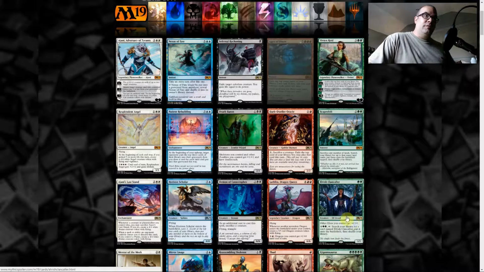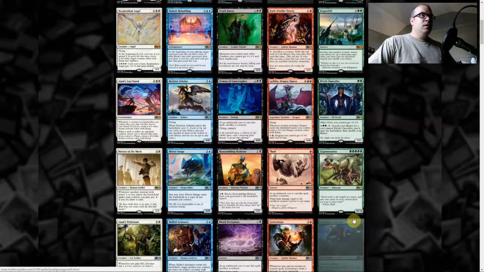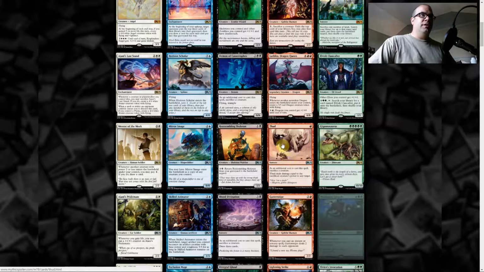I like Elvish Clancaller here. 2 green Elf Lord, and you can pay 6 to search your library for another one and put it onto the battlefield. So you can kind of ramp your buffs. Pretty cool. I like Thud, especially the art here. Big huge creature falling on a little goblin. Poor guy. It's essentially a 1-drop